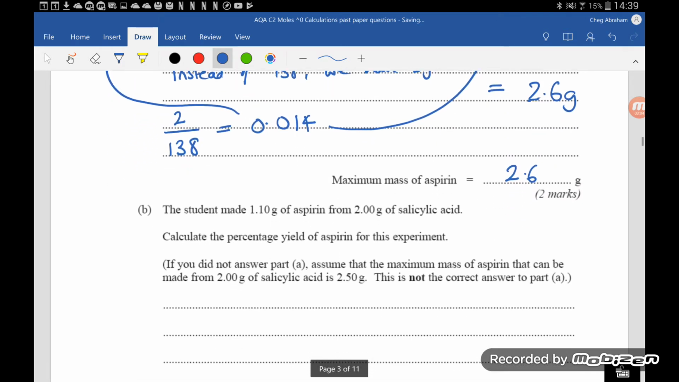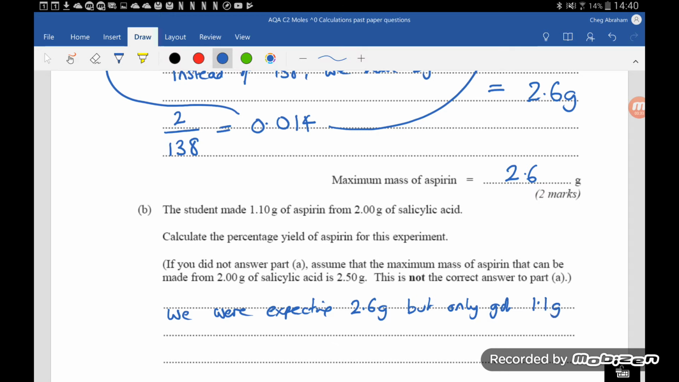They then go on to say that the student made 1.1 grams of aspirin from 2 grams of salicylic acid. Calculate the percentage yield of aspirin for the experiment. Well, we were expecting, what did we say, 2.6 grams, but only got 1.1 grams. So do you remember efficiency in P1 is what we actually got,